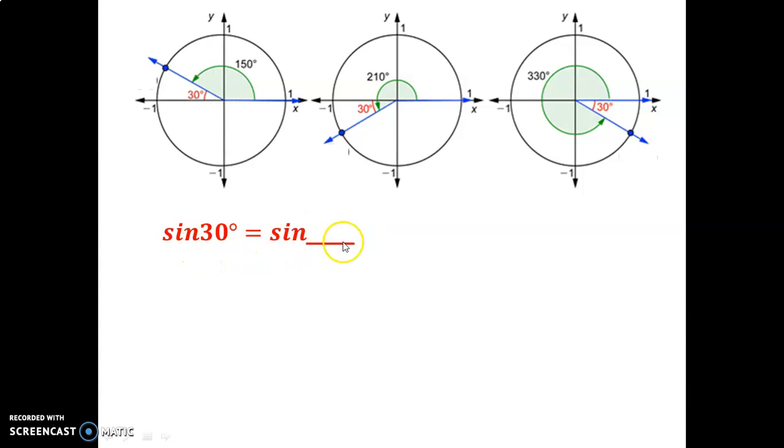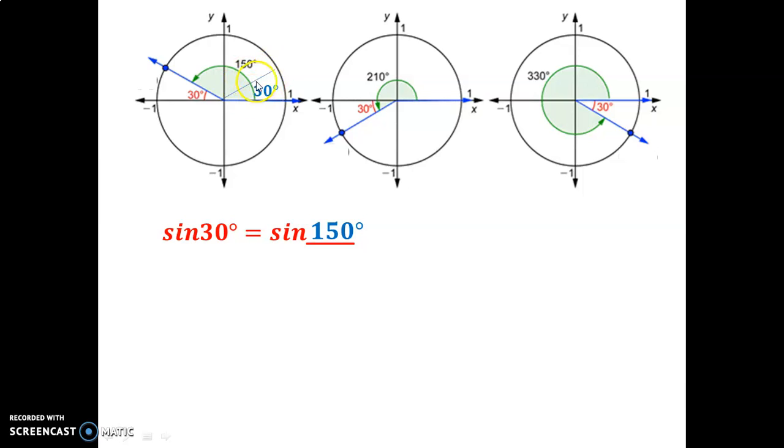Sine of 30 is the same as sine of what? If you punched in your calculator sine of 30 and then did sine of some other angle, what other angle would it have to be to give you the same value? Well, I hope you see that one as 150, because again, if you had this triangle right here, 30 degrees,